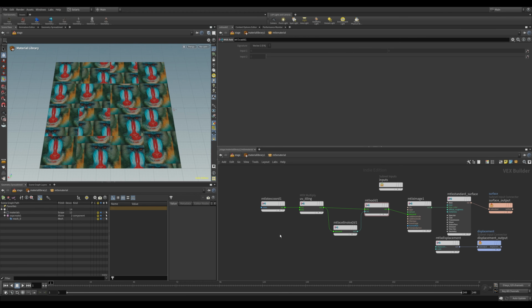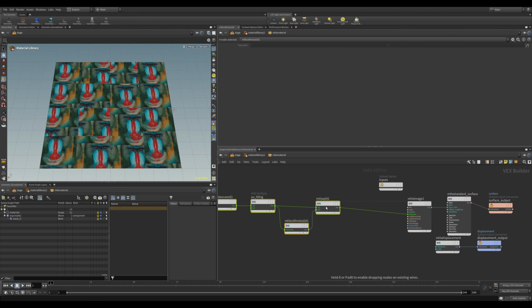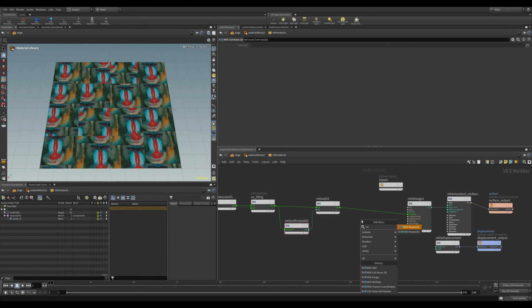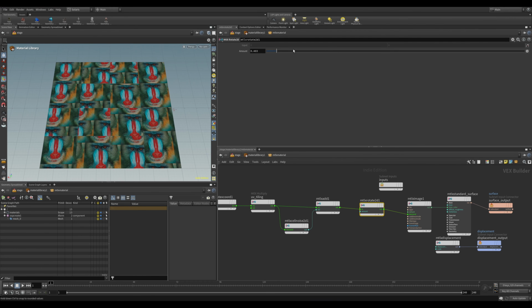Next, let's create some random rotations for every tile. So we want the image within every tile to be rotated by a random value. So again, let me make some space here, and we'll utilize the rotate 2D node for this. So search for the rotate 2D, input it here, and let's just give this some amount to check if the rotation is working.